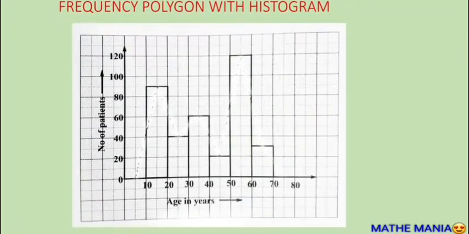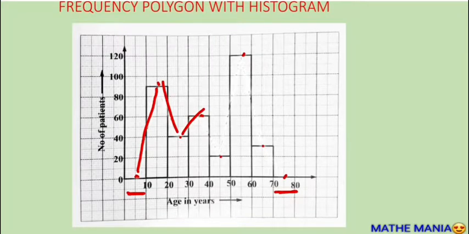To make the frequency polygon in this case, we have to mark the midpoints of the upper line segments of each bar, and along with this we will also mark the midpoint of one previous interval and one interval after the given intervals. Now we'll join these points one by one in proper order using the scale,